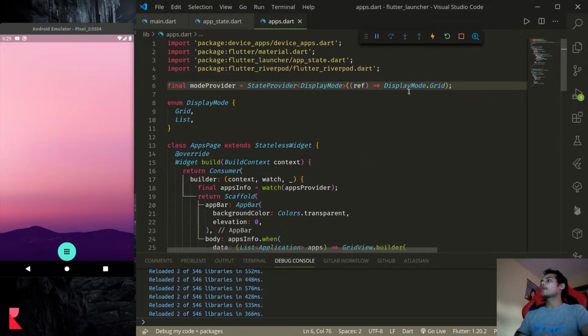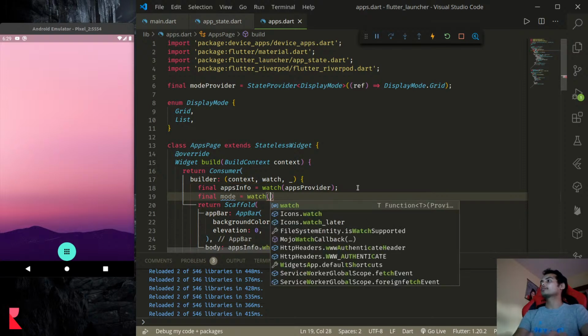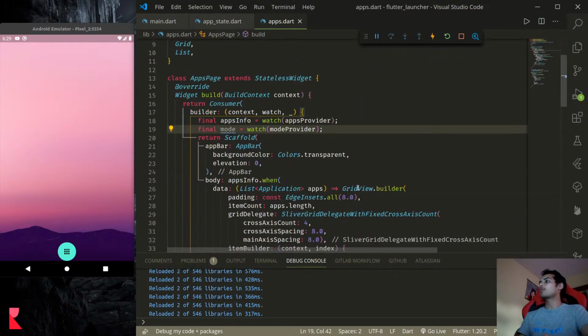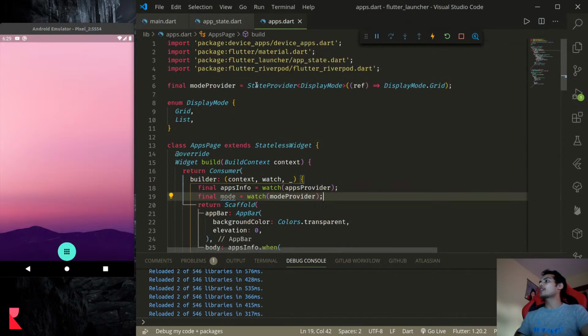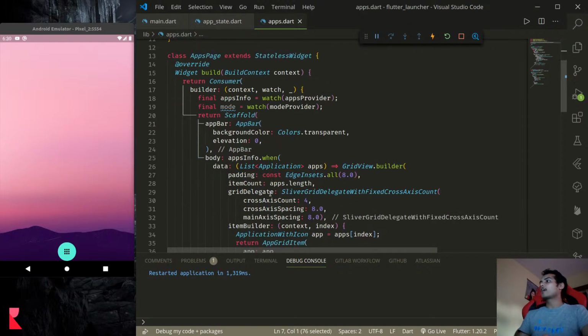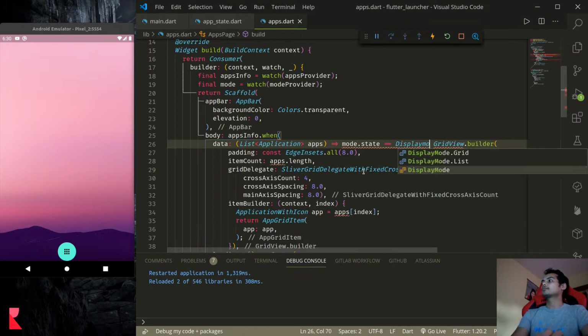Okay, now we can watch this as well. So down here we can watch mode is equals to watch mode provider. We can watch the mode provider. Let me hot restart, because we are changing the state. We need to hot restart. So let me just hot restart, and down here what I'll do is we'll check the state. So mode dot state equals display